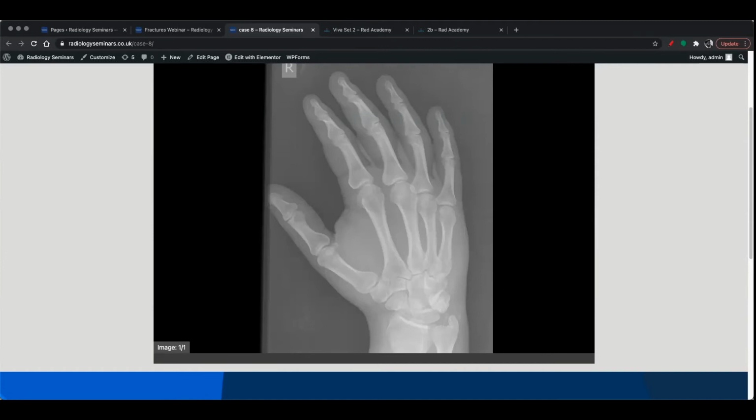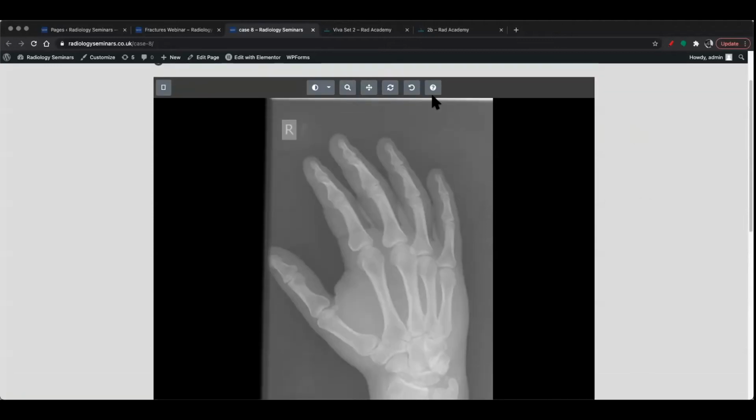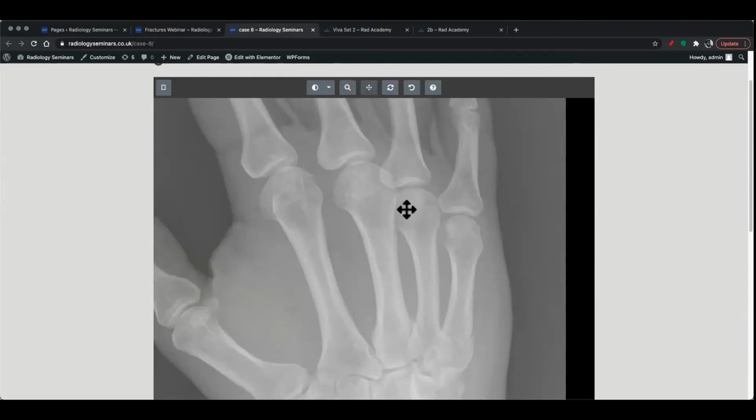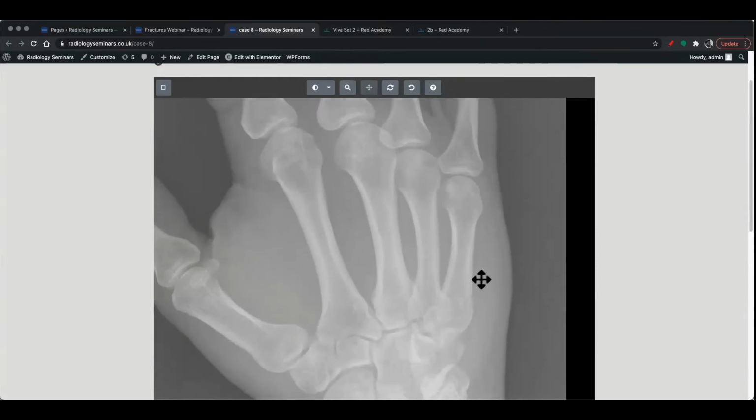Now, what you find is that, not that I'm the kind of person that wants to punch anyone, but if you're going to punch someone, you want to make sure you've got your wrist position correct. You want your knuckles to be in line with your wrist. You don't want it off the line, because if you do that, the force of the punch that you're going to be forcing onto someone's face is going to go in completely the wrong places and end up fracturing specific areas. And genuinely, when I'm doing these x-rays, the first thing I look for with any hand x-ray is that 5th metacarpal, because about 80% of the time, there's going to be a fracture if that's the